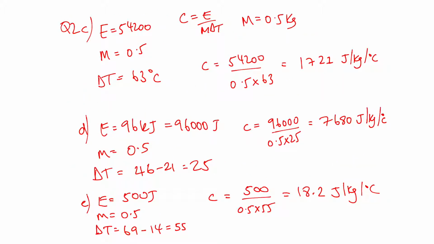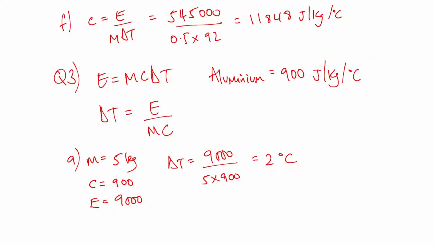Question 2c, again, same format. We need to use energy divided by mass times temperature change, put the numbers in, and you get 1,721. For D, the answer is 7,680, and for E, it's 18.2. But again, a few things to notice. Needed to multiply by 1,000 because you're given the value in kilojoules. For F,